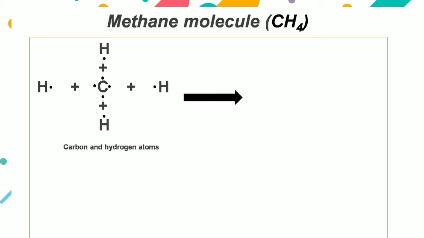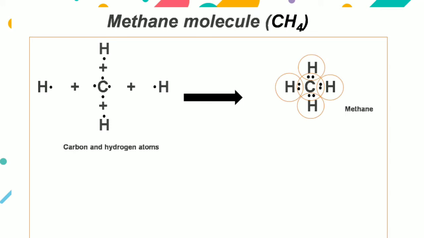Now see here that carbon requires 4 more electrons to complete its octet and 4 hydrogens require 1 more electron each to complete their duplet. So during the formation of methane molecule, one atom of carbon shares 4 electron pairs, one with each of the 4 atoms of hydrogen. Like this, every hydrogen atom's duplet will be completed and carbon's octet will be completed, which can be shown by encircling the electrons along with the symbol of the atom.